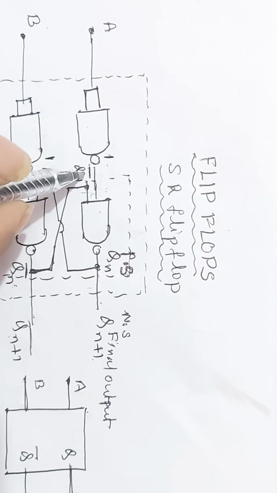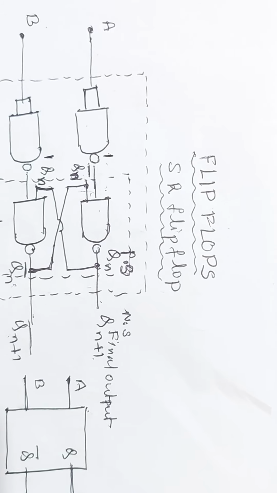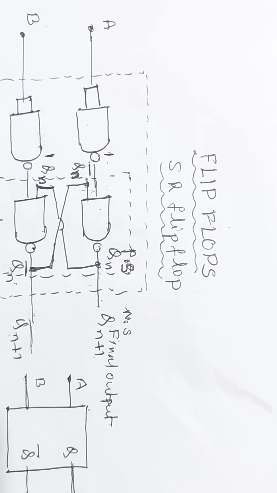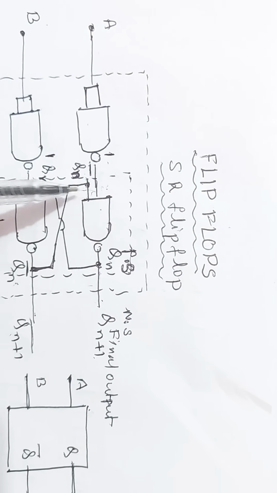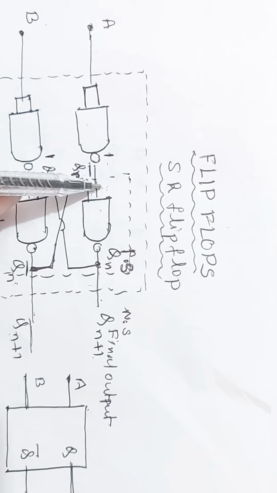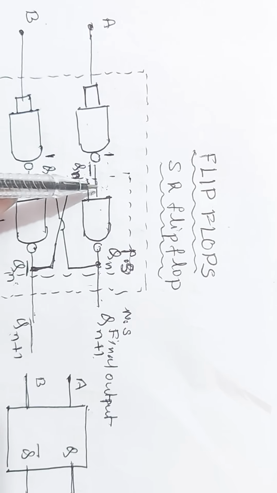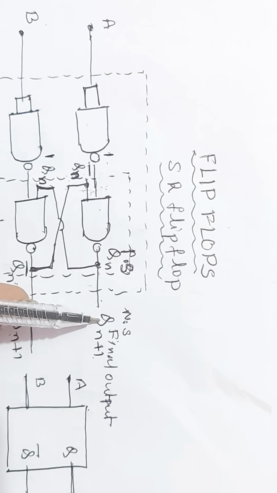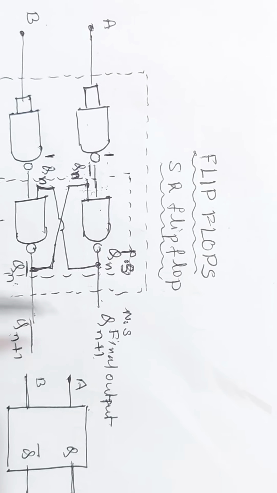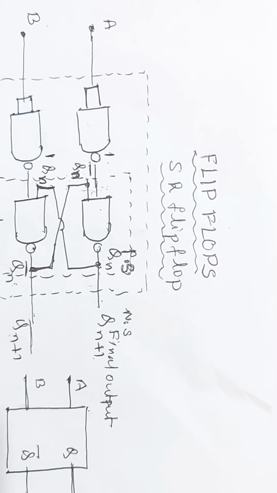This is Qn bar, okay? 1 into Qn bar, and complementary, because the output of the NAND gate is the complement of the two inputs. One is the input, Qn bar is the other input. 1 into Qn bar complementary is the output of this NAND gate. Therefore, the output of the NAND gate is Qn plus 1 equals 1 into Qn bar, whole bar, which is equal to